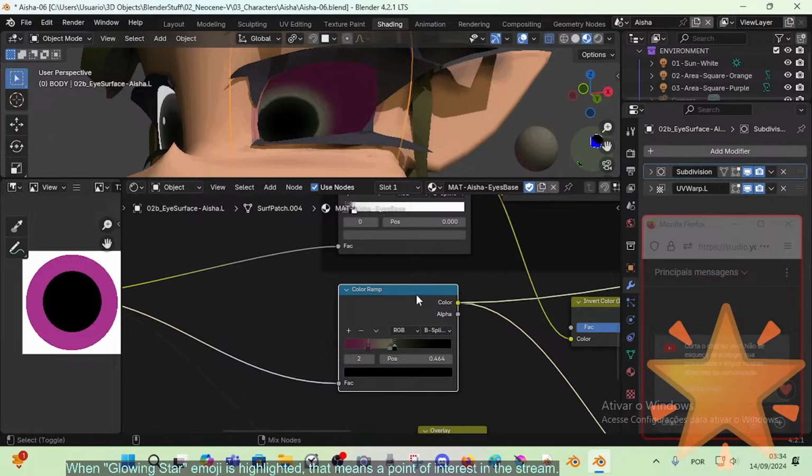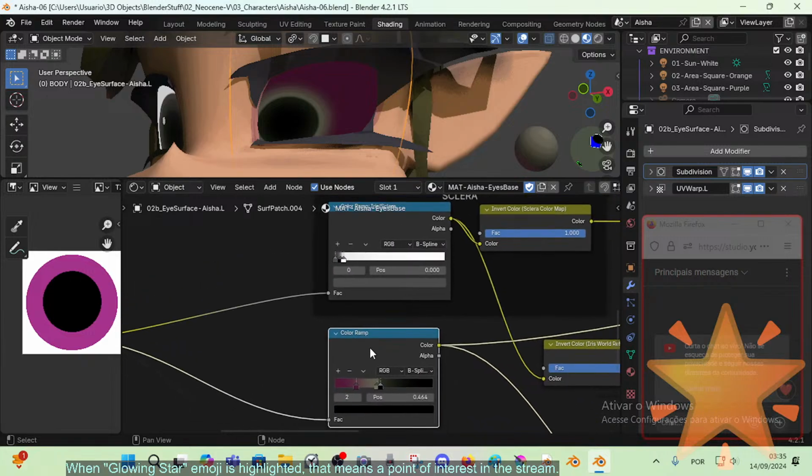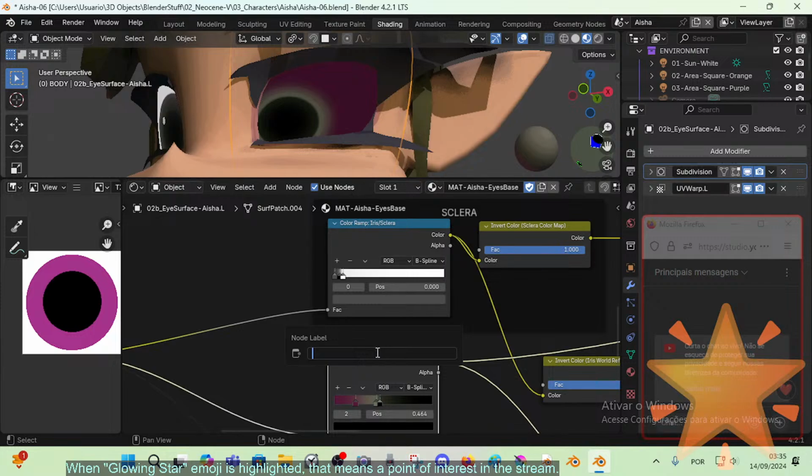But if we look at here, it goes to the right, technically to the end of the mesh towards infinity. It's not that it doesn't include the sclera, but it will be neutralized. So color ramp, this is iris pupil, essentially,